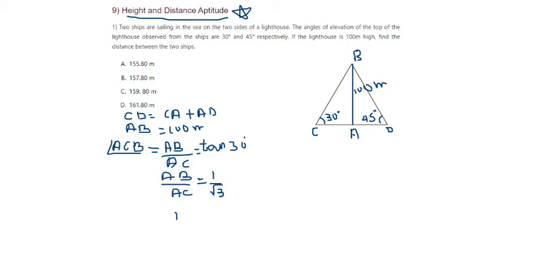Your AC, because we want to find the value of CA and AC both are the same. So we want to find the value of AC. AC is nothing but AB root 3. So we'll similarly take for angle ADB,